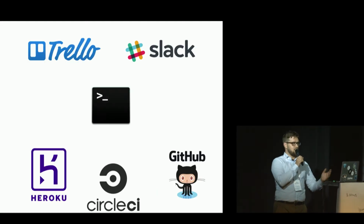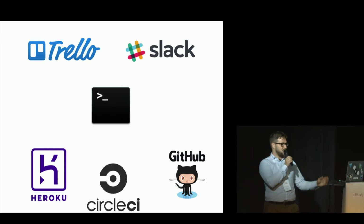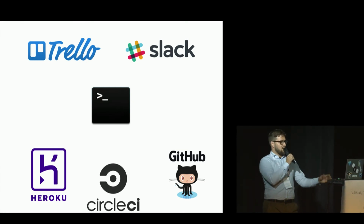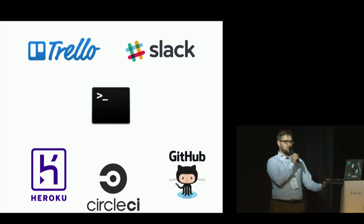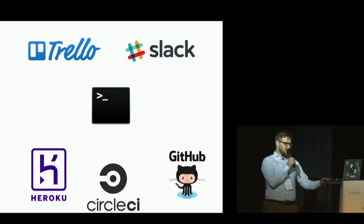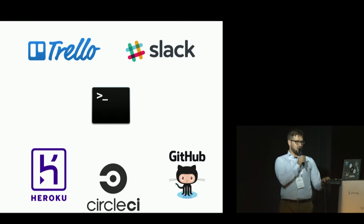We are using a bunch of external services. I'll briefly describe them. Trello as a task manager, Slack for internal communication, Heroku as our platform, Circle CI as our continuous integration platform, and GitHub, of course, as our repository and code versioning service. So what I do usually, and what can get a little bit tricky, is that I'm starting in Trello